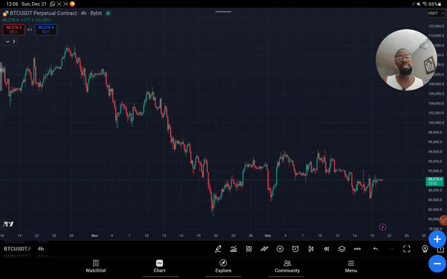But even if you have the indicator that shows some of this confirmation entry, it is important as a trader to understand some of this confirmation entry without an indicator. That is what makes you a good trader. You should be able to spot confirmation entries by yourself. Now, there are different kinds of confirmation entry. We have bullish engulfing, bearish engulfing, we have hammer, we have shooting star, we have evening star, we have a lot of them. Do you understand?